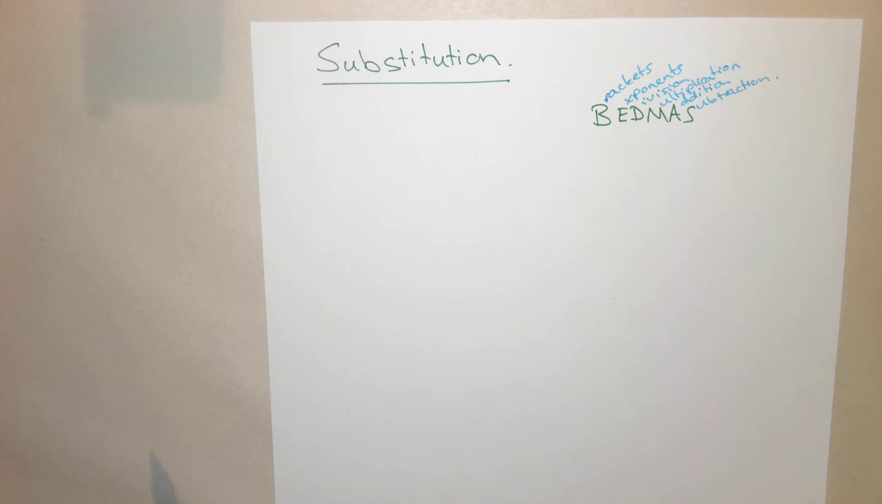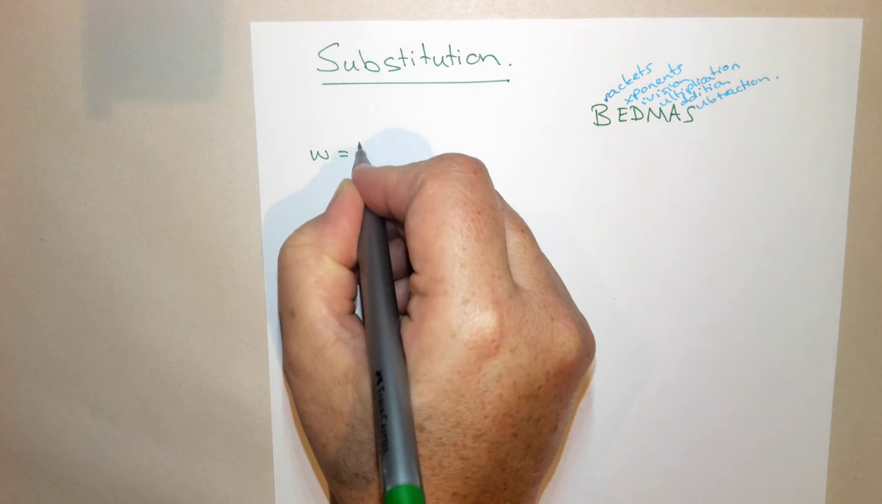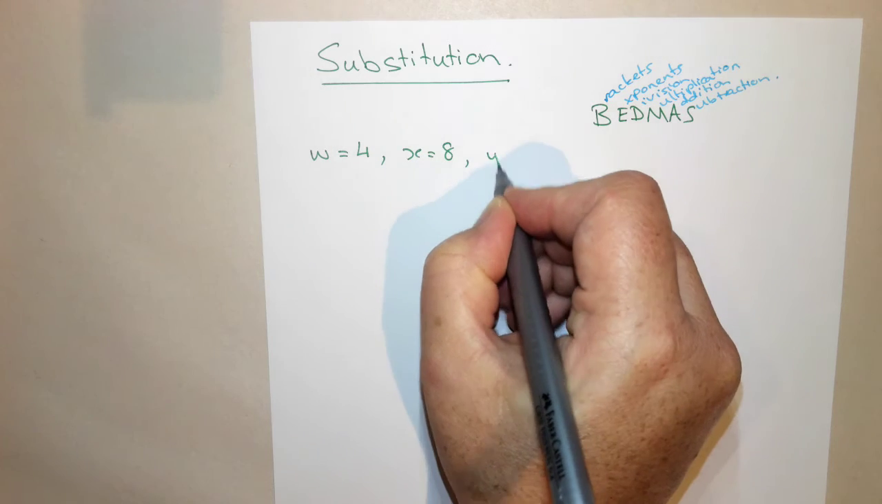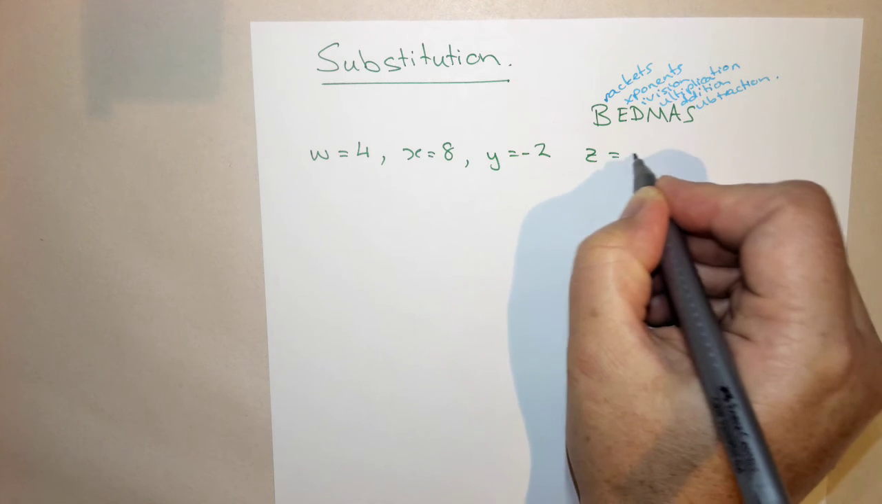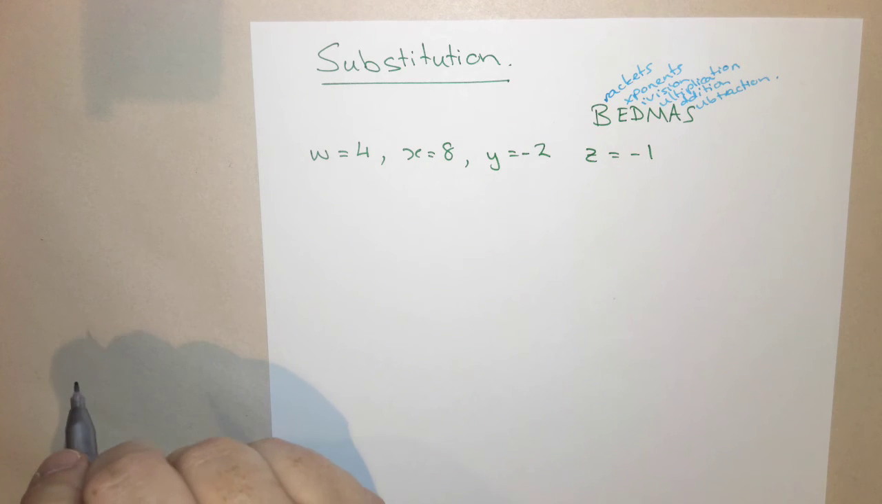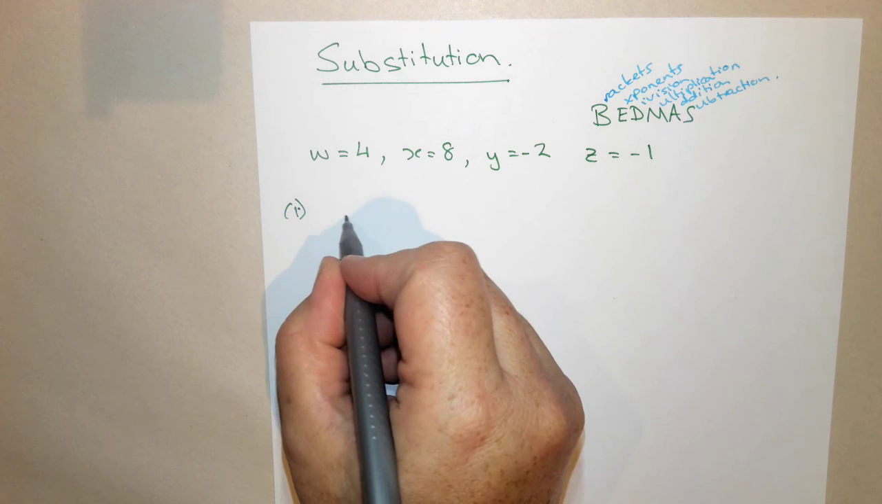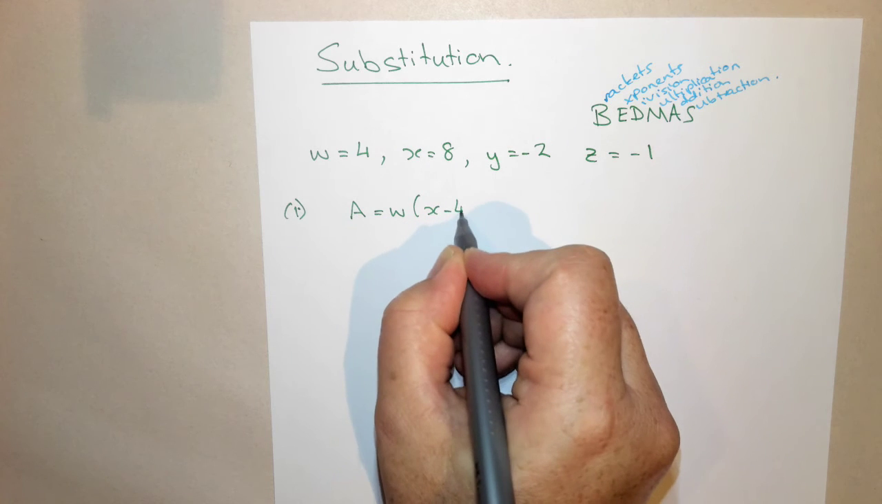So if we have a think about question 1 now, it's told us in the example that W is equal to 4, X is equal to 8, Y is equal to -2, and Z is equal to -1. Then for part A, for question 1, it's given us a formula, and it says capital A is equal to W bracket X take away 4Z